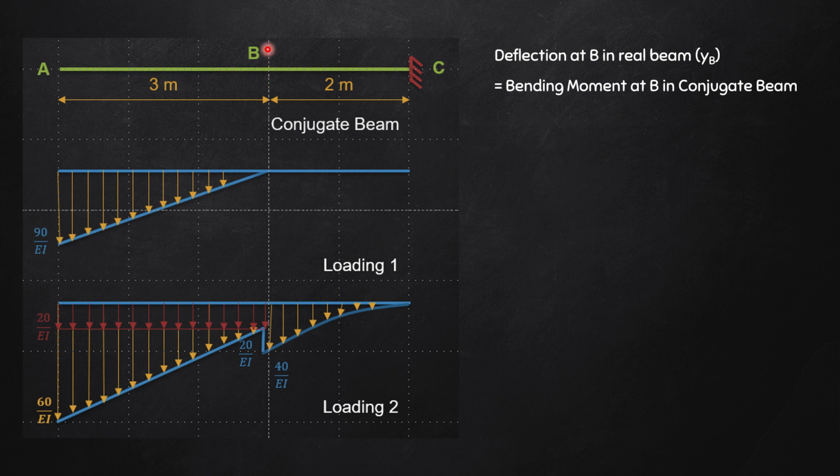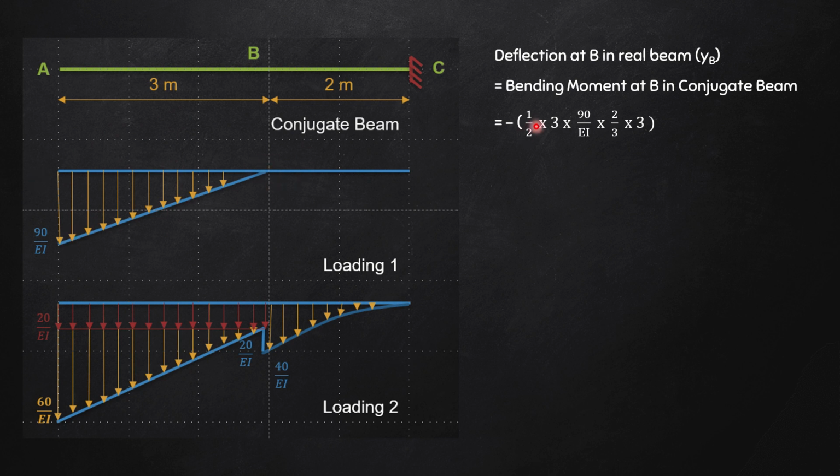Now, what is the sign convention for bending moment? Left of section clockwise is positive and left of section anti-clockwise is negative. Let's keep that in mind and let's take one load at a time. So first I am taking this load. The moment about B will be